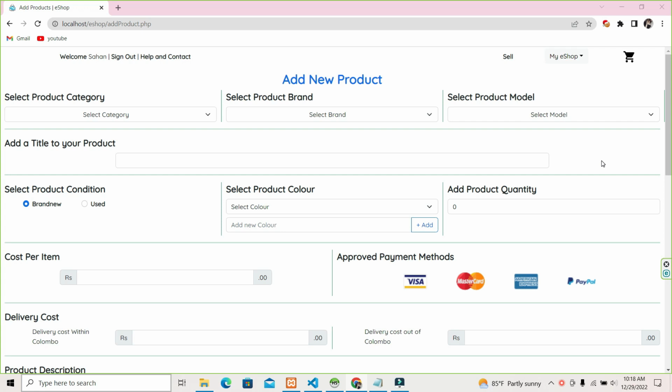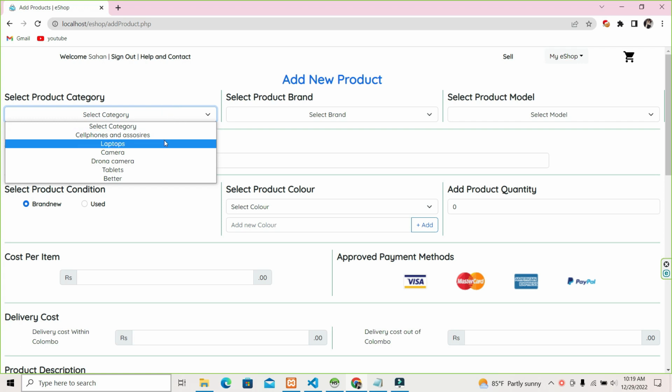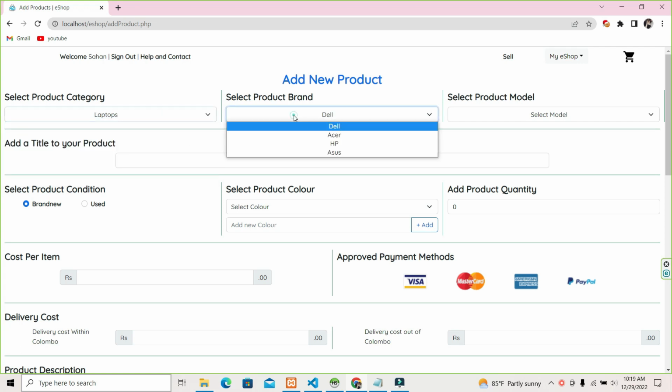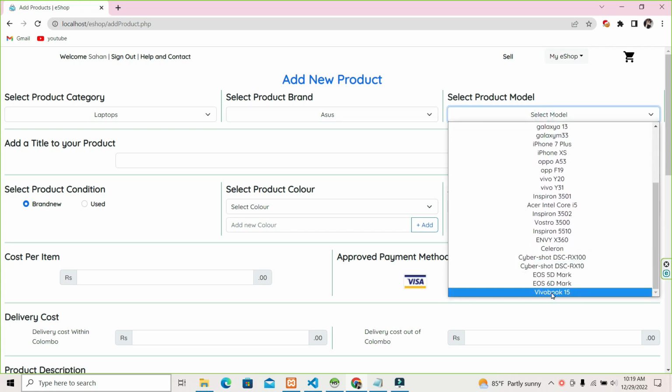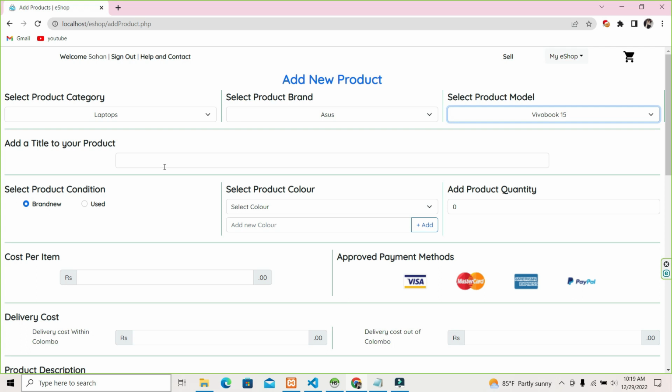So, this is my add new product page. First, we add a new product. So, I add an Asus laptop. Category is laptop. Brand is Asus. Model is VivoBook 15. Title is Asus VivoBook 15. Brand new. Color is blue. Quantity is 7. Cost per item is